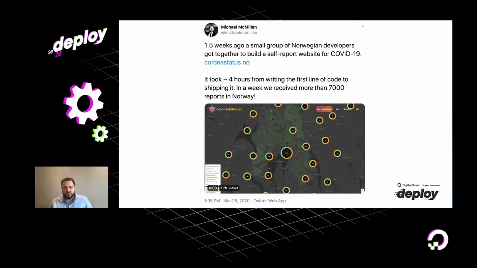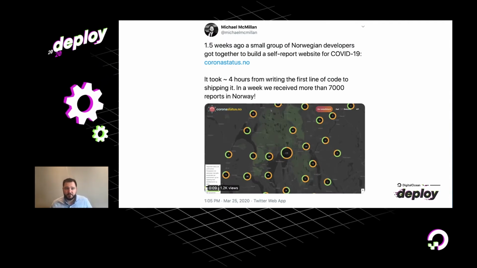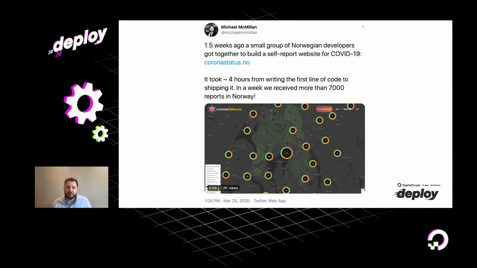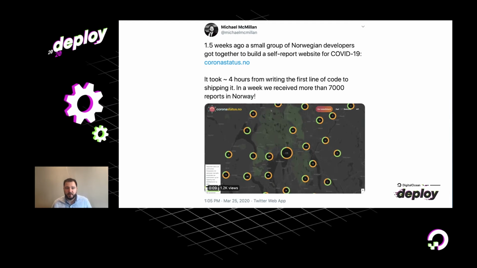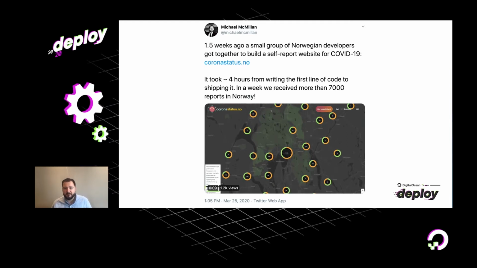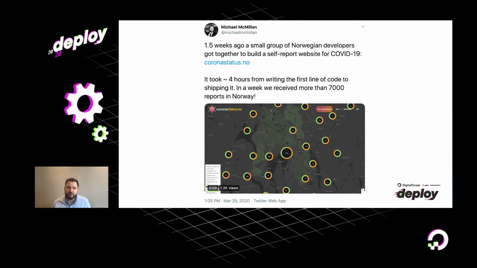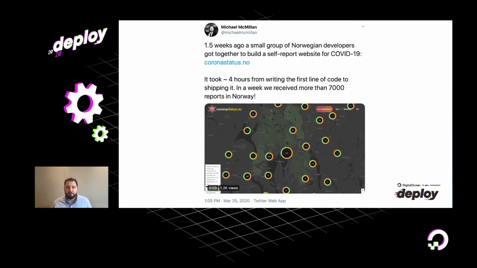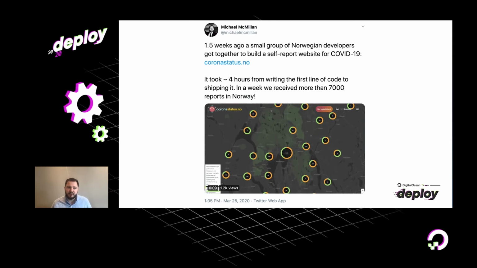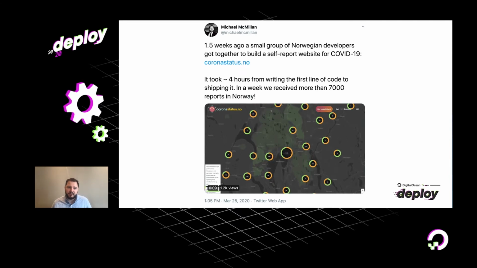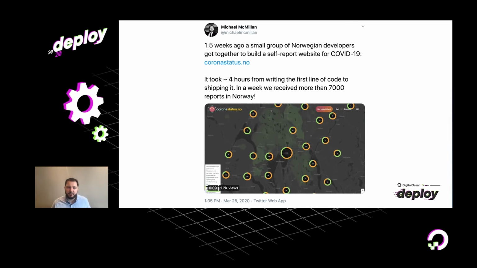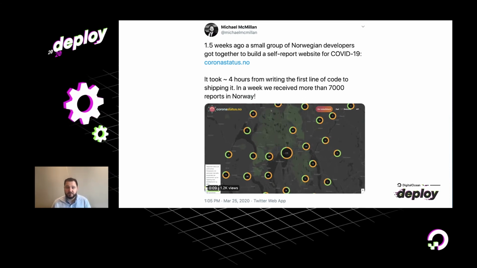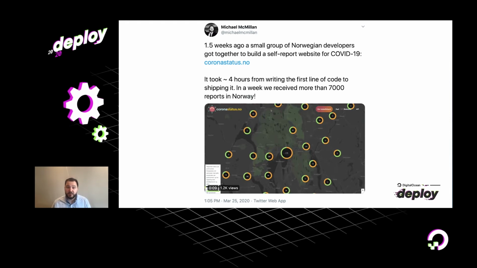So the first version of Coronastatus was actually very simple. We used just plain old static HTML to build a form that people could fill out. That form was then processed by a Node.js app on the backend, and the form submissions were dumped to a SQLite database on disk. So this was not fancy at all. What was advantageous about this setup was that it was so simple, so it was easy to move fast and iterate on top of it. So from having the idea of building Coronastatus to actually deploying it on DigitalOcean and having it up and running took like 4 hours.